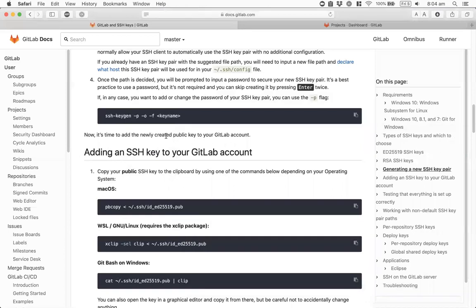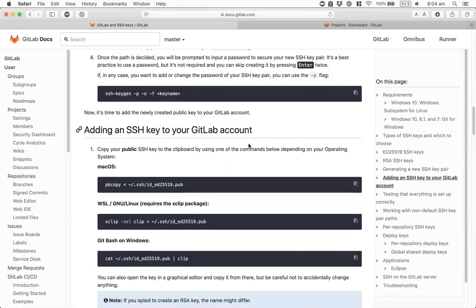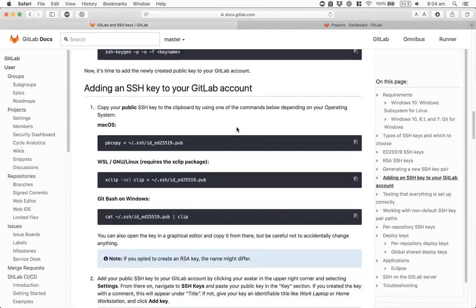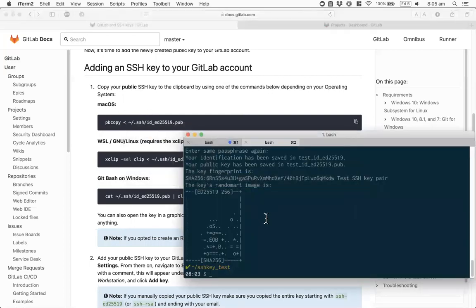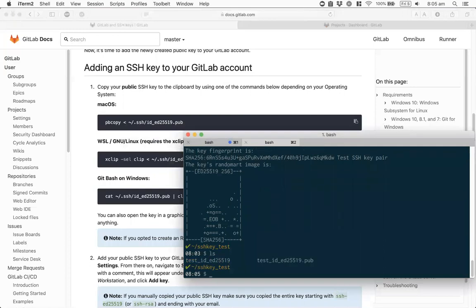Okay, so now I add it to my GitLab account. Okay, adding an SSH key to your GitLab account. Copy your public SSH key to the clipboard by using one of the commands below, depending on your operating system. Okay, I'm using Mac OS, so switch back to the terminal. So I'll just check. So I've got those two files. Okay, so pbcopy, and then,